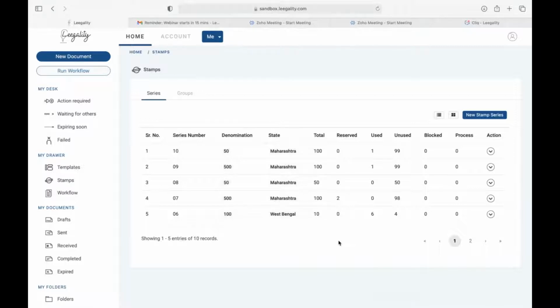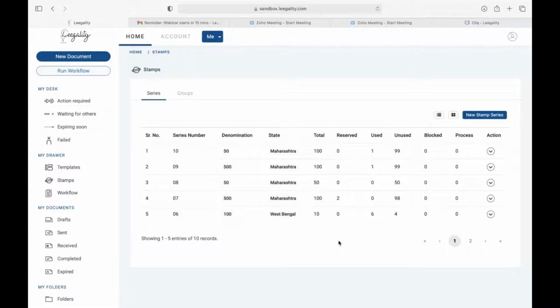Now, previously, if you had to create a document with a stamp duty of 550, there was no way for you to combine the stamp papers in these different series into one document, right? So you wouldn't have the ability to dynamically merge stamp papers and collect stamp papers from different series and use them for your different document journeys. Therefore, for each unique document journey, you had to figure out what kind of stamp duty you wanted to pay. You had to maintain inventory accordingly, and that's how you would have to proceed.